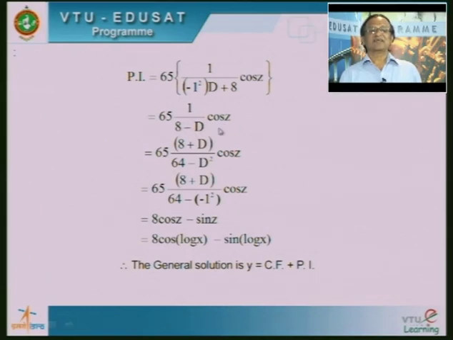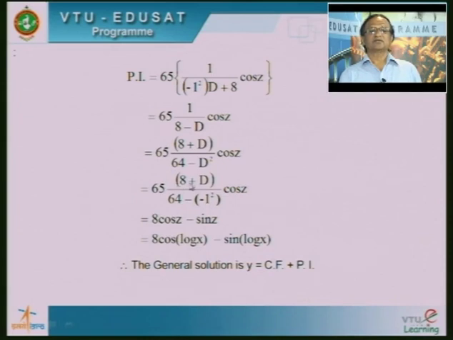Again D is there, and I cannot replace D by minus a square. The procedure says we have to replace D square by minus a square. That is why again I want to make it a D square. So, I multiply numerator and denominator by its conjugate. Its conjugate means 8 plus D, divided by 8 minus D into 8 plus D. After simplification, you obtain 64 minus D square. The denominator contains D square, so again replace D square by minus a square. So, 64 minus 1 square becomes 65. 65 cancels with 65 and the numerator remains D.